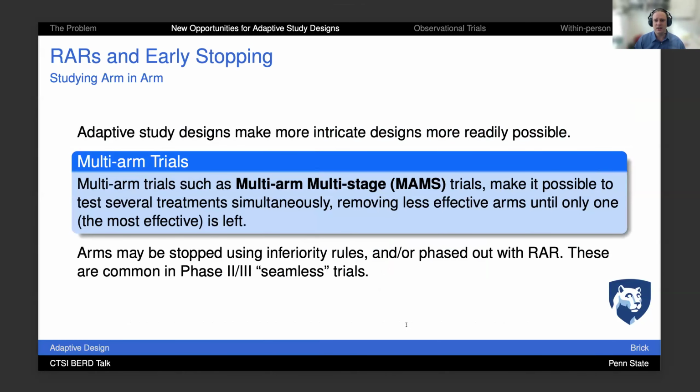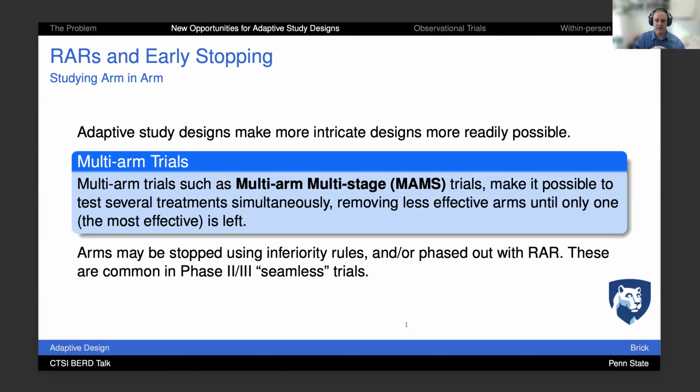Taking that idea, you can put these together into multi-arm trials. And so MAMS trials, multi-arm, multi-stage trials, use not only this RAR approach where they're randomizing into different arms, but also they start with more arms than they need. And then as time goes on, the number of arms starts to cut down until they wind up with only the most effective arm. This is done a lot with what they call seamless phase 2, phase 3 trials, where